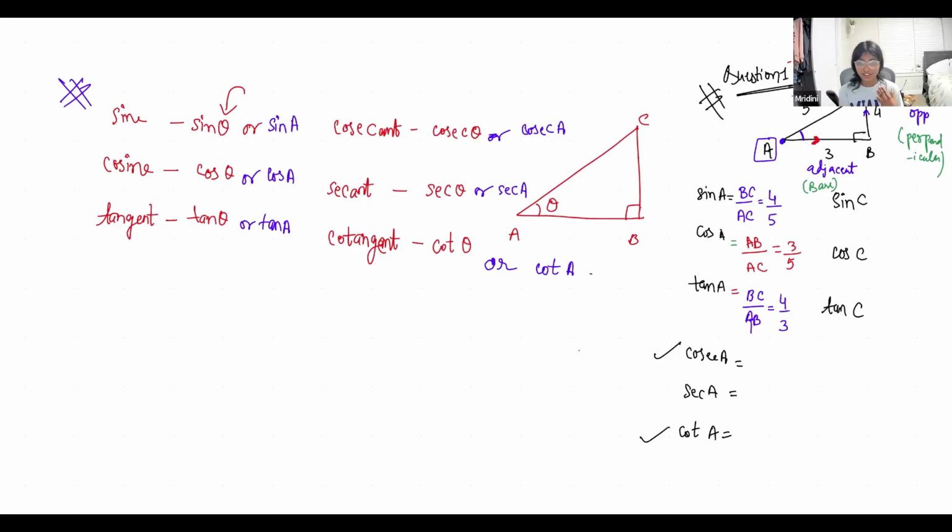Can I have the formula for cotangent and cosecant? I didn't write that down. Oh yeah, for sure. What are the formulas? So